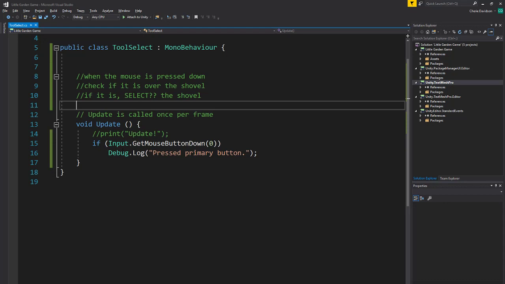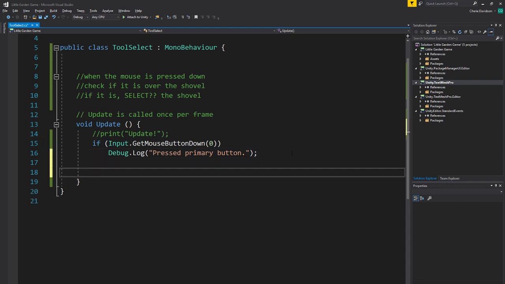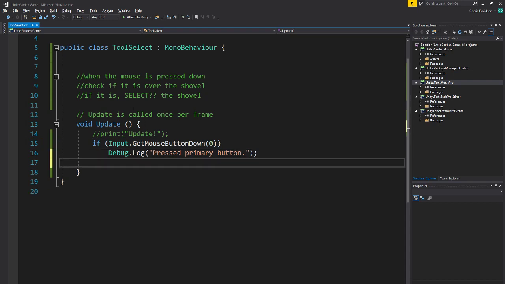So now we know if a mouse is pressed. We have this new thing with an if here. It's called an if statement. I'll dig into that a little bit later. For now, we can just know that if this thing in the middle is true, so if it's true that